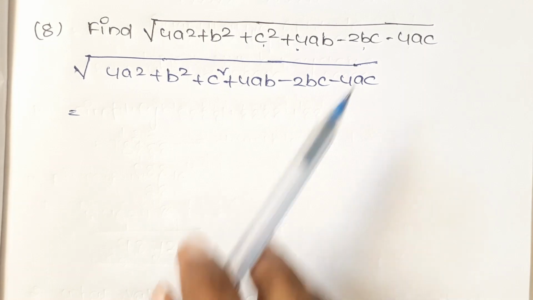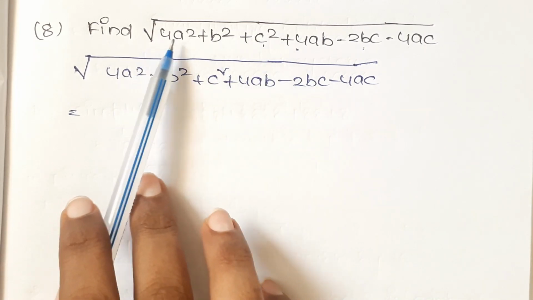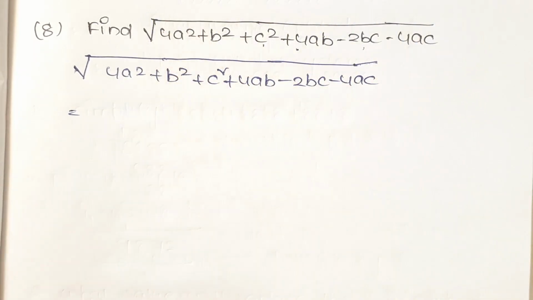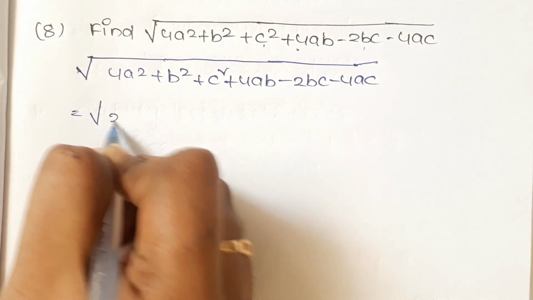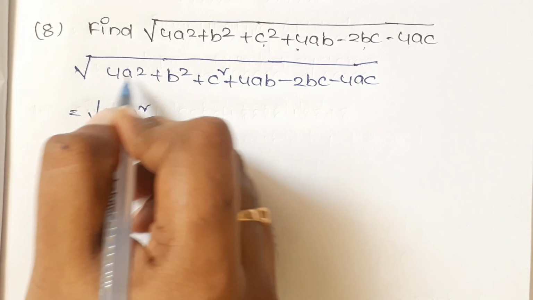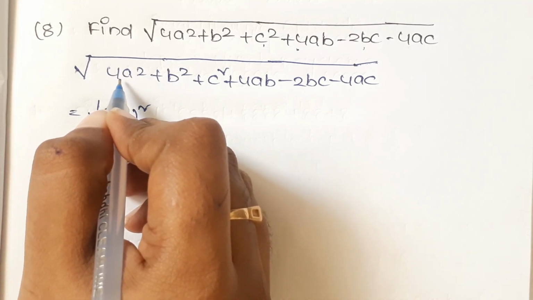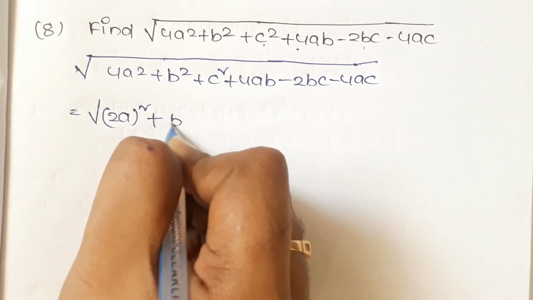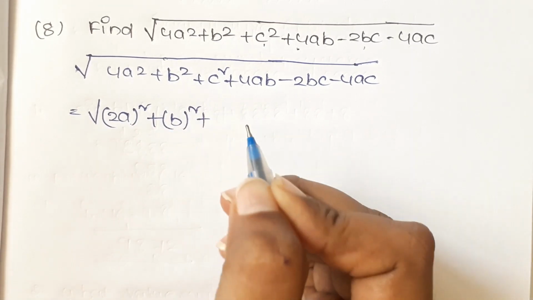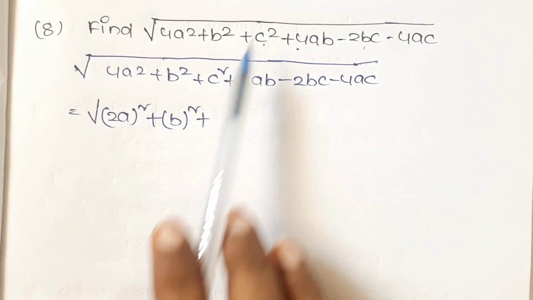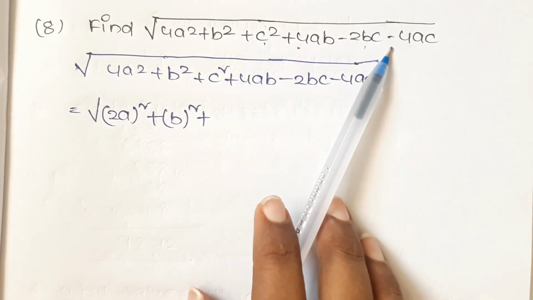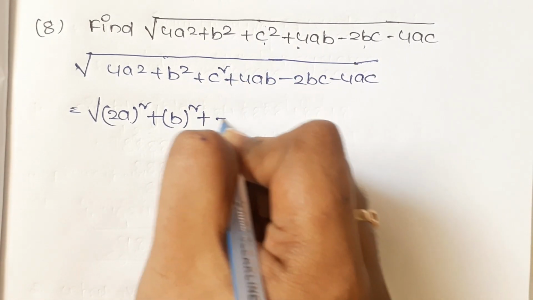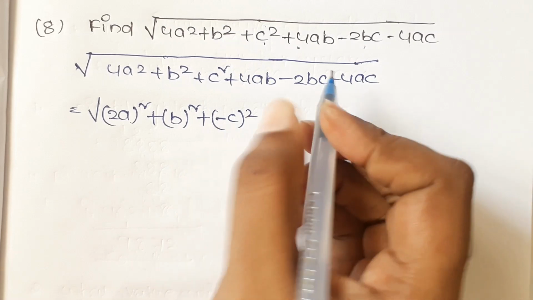Here we should find the square root for the given number, that is, now it can be written as here 4a square can be written as 2a whole square, and again here b square can be written as b whole square, and it is in the form of, here we have minuses, so we should keep minus c whole square